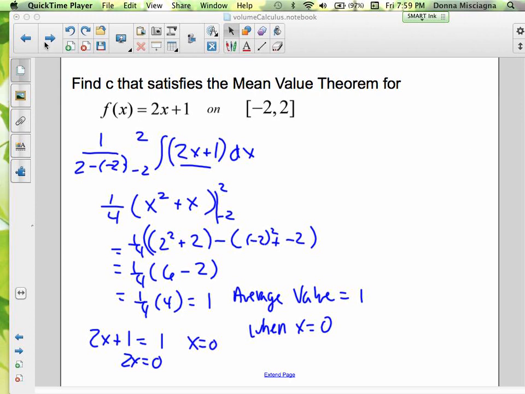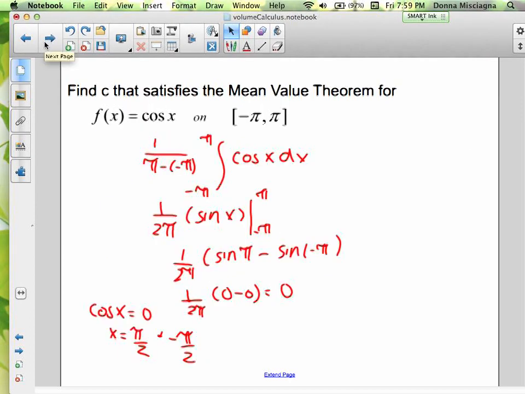Let's do 2 more problems. This one is in your notes, and I like this problem as well, just because we get a trig function here, and this one's a real intuitive one too. So it helps you understand the theory, which is the whole point. All right, so here we want to find the average value for f of x equals cosine x on an